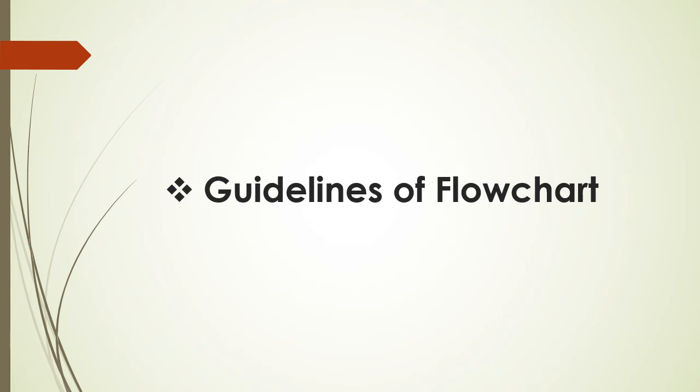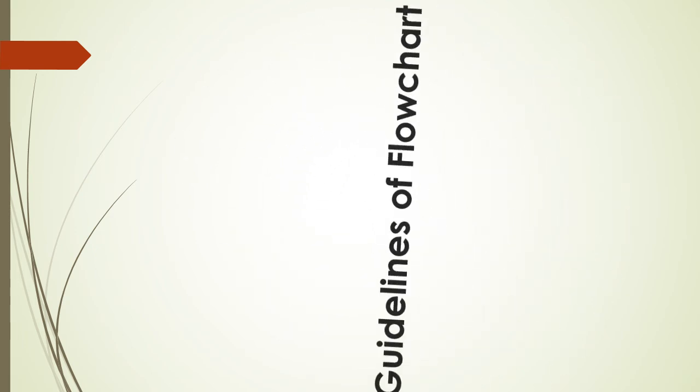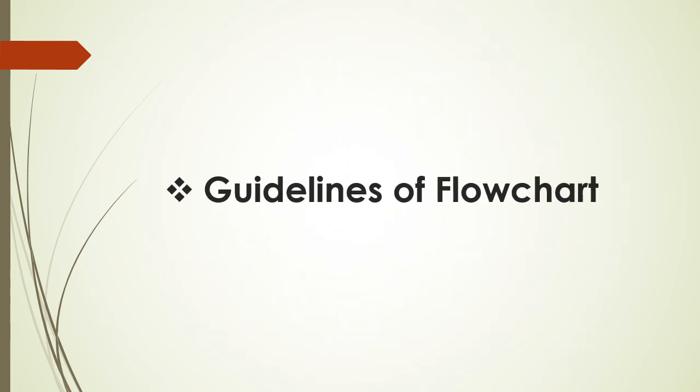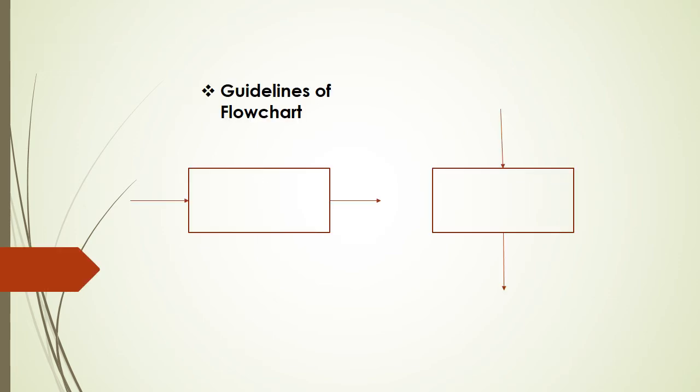Guidelines of a flowchart. In drawing a flowchart, all necessary requirements should be listed in a logical order. The flowchart should be clear, neat and easy to follow. There should not be any confusion in understanding the flowchart. The usual direction of the flowchart is from top to bottom or left to right. Only one flowchart line should come in and out from a process symbol. This diagram shows only one flow line comes from the process symbol.